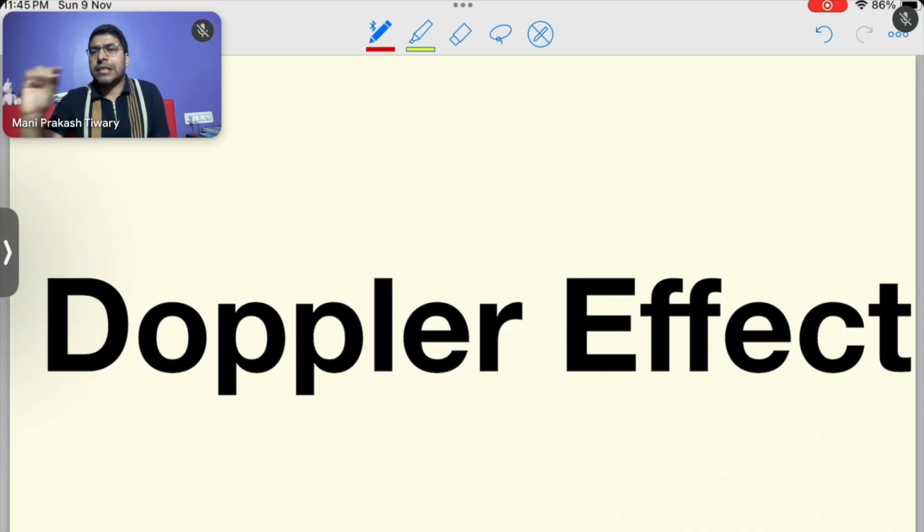If an enemy ship or enemy fighter jet is coming towards your country or towards a base of your country, how will you decide its speed? Again, you have to use the Doppler effect. If you have to calculate how blood is flowing in your vessels and veins, or how you will find the change in flow of blood in any particular part of the body, again you have to use the Doppler effect. So the Doppler effect is very useful for multiple calculations, either in defense, in astrophysics, or in medicine also, right?